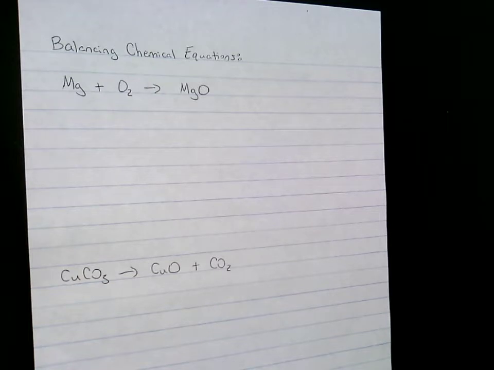Hi guys. So I'm going to talk about balancing chemical equations today. When we balance chemical equations, what we're actually doing is making sure that the law of conservation of mass is upheld. The law of conservation of mass states that matter cannot be created and it cannot be destroyed. So when we do chemical reactions, everything that we start with on the reactant side has to be present